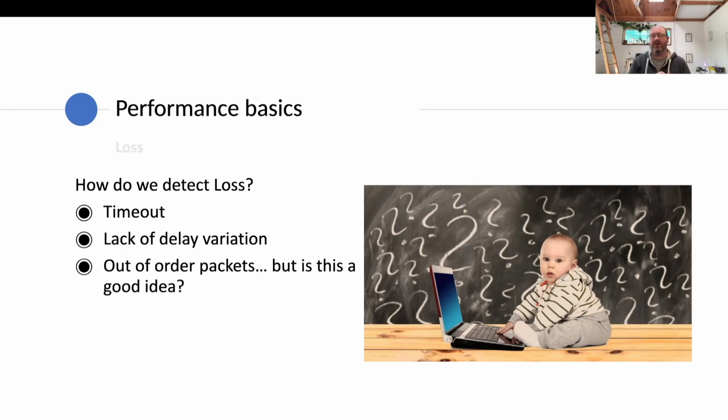But is that really a good idea if the packet actually got there anyway? Can't we reassemble it at the other end in the right order? And some algorithms allow you to do that better than others. But for the most part, these early algorithms would go, I've got an out of order packet, that means that I've probably missed something and I'm going to send a fast retransmit back. So that's your triple duplicate ACK. We'll go back, and then we've got fast recovery, which I'll talk about in a second, which is the response